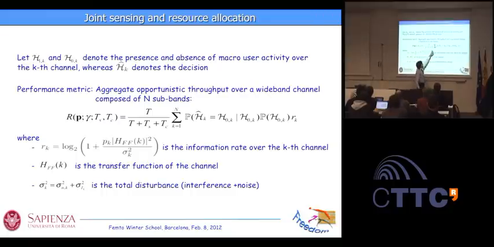And of course, this rate here, this throughput, is weighted by the coefficient that I mentioned before that takes into account the rate loss due to sensing and cooperation. Here I only define the utility function. What we want to maximize is the set of thresholds over all the channels. That will have an impact on this probability here. And at the same time, jointly, we want to maximize the power allocation over all the channels, so PK, over all the channels.